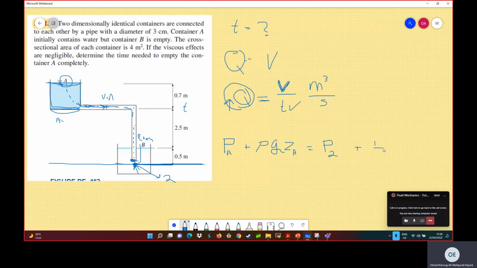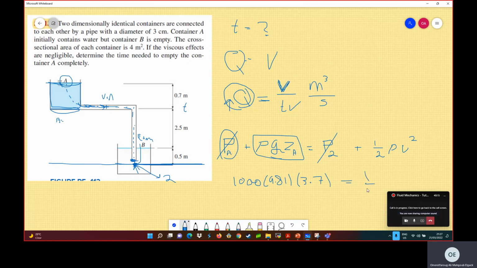You will just have the dynamic pressure, half rho V squared. You cancel those two because they are equal. You have rho g ZA, and the elevation of A is 0.5 plus 2.5, which is 3, and then 3 plus 0.7, which is 3.7. So you have 1000 times 9.81 times 3.7